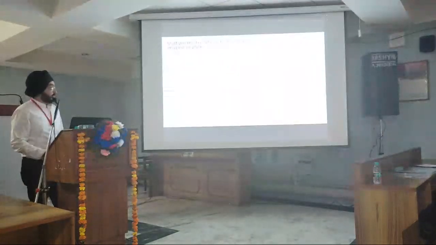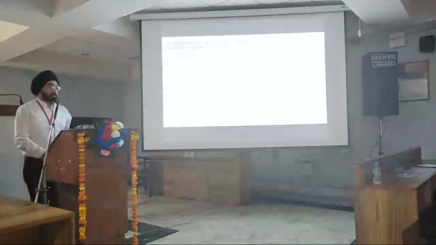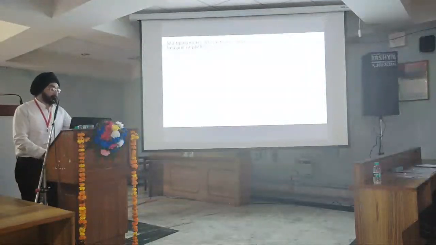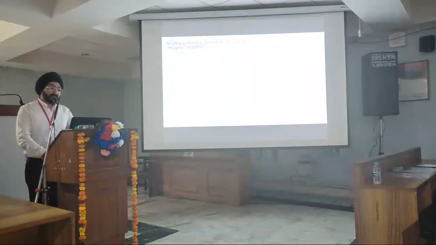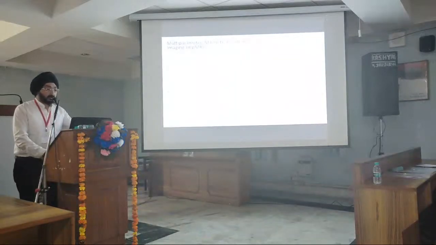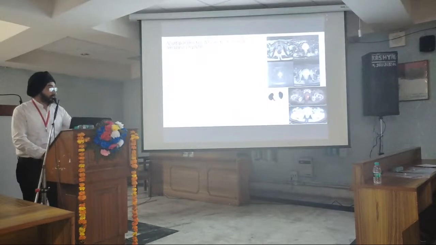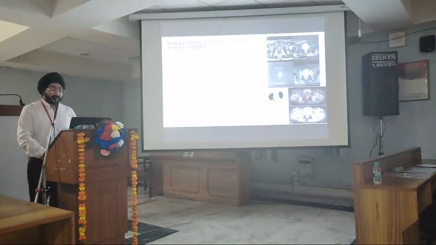So mpMRI, we know that it can consist of multiple imaging sequences, and it has a moderate specificity, and because of the complex interpretation using the PI-RADS criteria, the reproducibility is also not that good. So in this case, the PSA was 11 and the MRI was suggestive of PI-RADS 3, and that was kind of equivocal, and in biopsy also, initially a targeted biopsy was done, there was no malignancy, but PSMA PET revealed a definite lesion in the prostate, which was proven to be